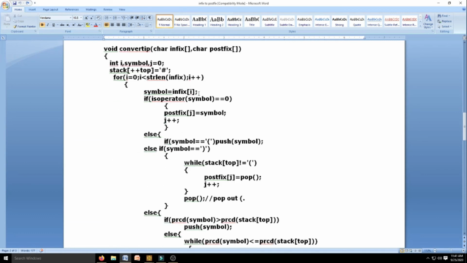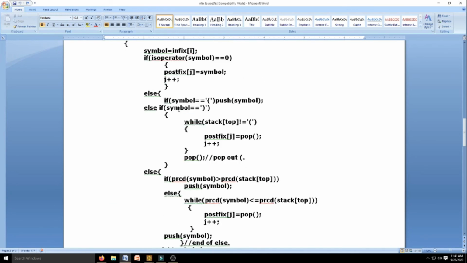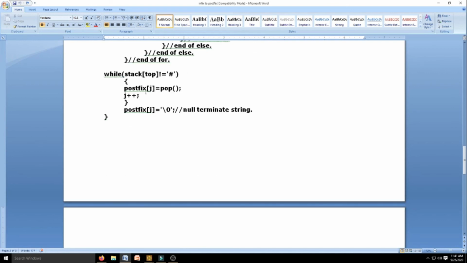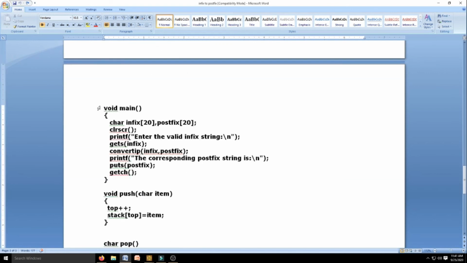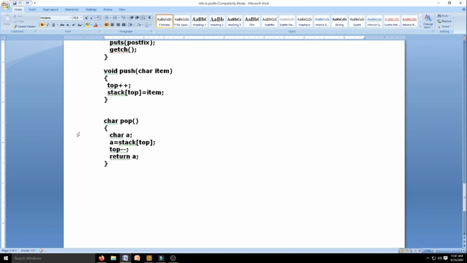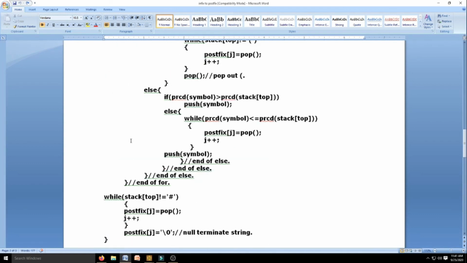Then convert the input expression to a postfix expression by using all the 6 steps I showed you on the board. Then I am using one main function, which is the driver of the program. Then this is the push operation without checking for underflow or overflow, and similarly this pop operation without checking for underflow. So this will complete the entire operations.